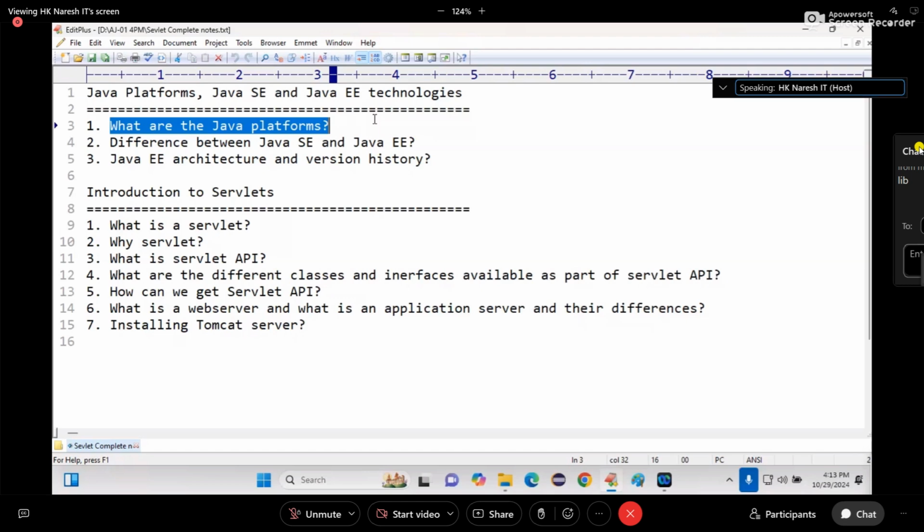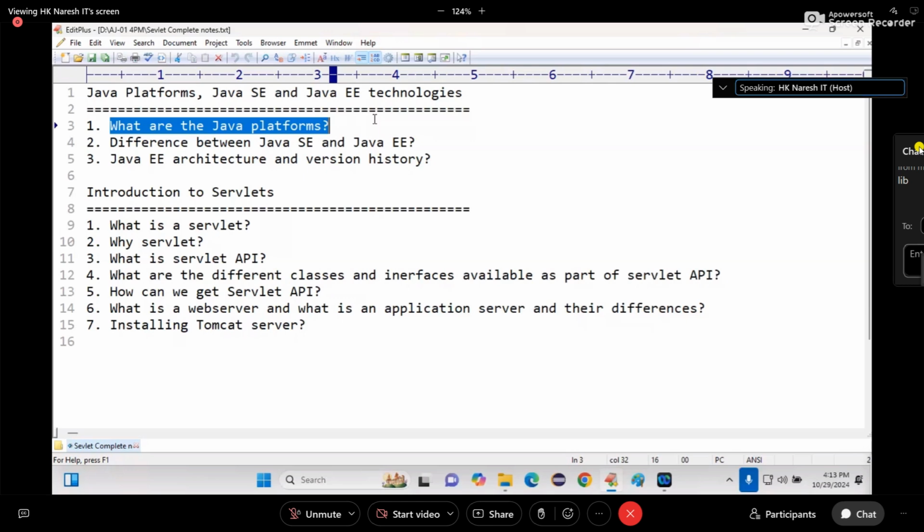Java SE contains language, and on top of language, API. API means implementations, library. I can say simply library. Repeating again, Java SE contains, number one, language concepts, plus on top of language concepts, library, on top of library, API, on top of API, technologies. Java EE provided only technologies.